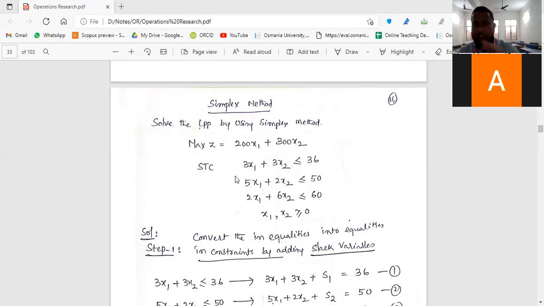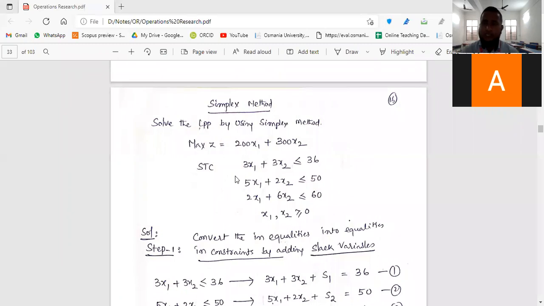So you have three equations in the constraints. When you have three equations, it is by default that you have to go for the simplex method. If only two equations are there, then you can go with the graphical method. If the number of equations in the constraints is more than two, then we do not have any option. Obviously, we have to go for the simplex method. It is a little bit of advancement to the graphical method. Graphical method is very easy.